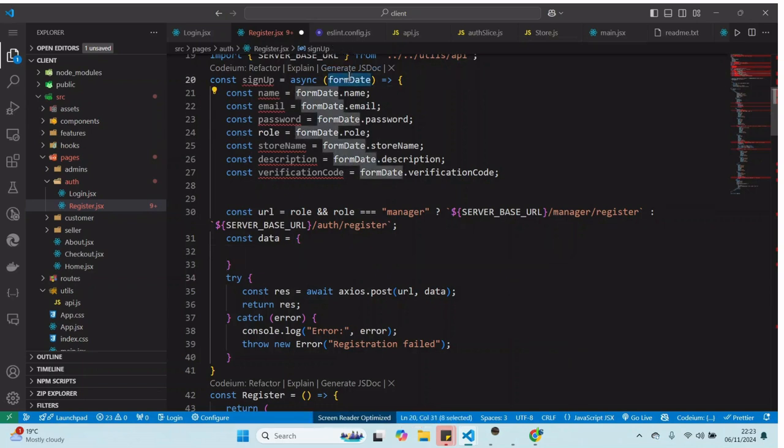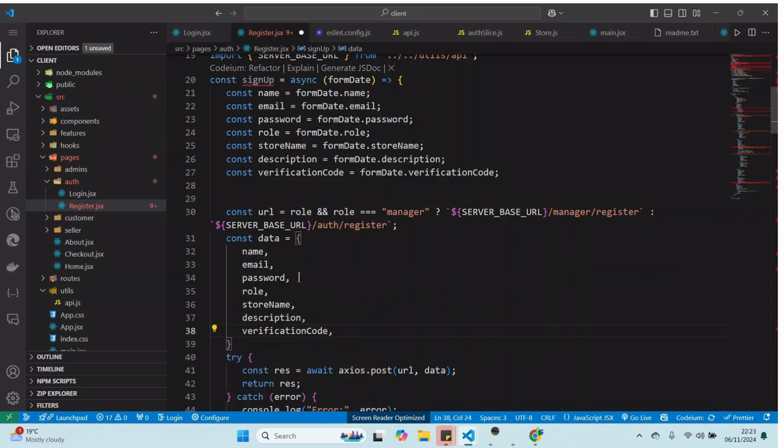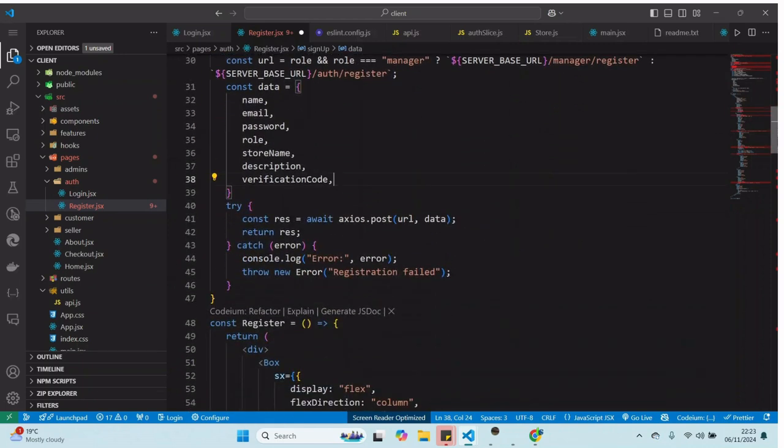You can pass form data instead of sending one by one. You just pass form data. Or you can pass name, email, password, role, and store name, all of that. Okay, that's it